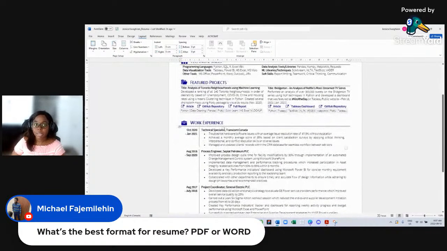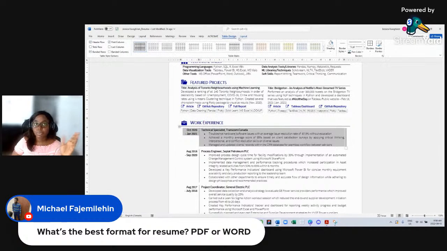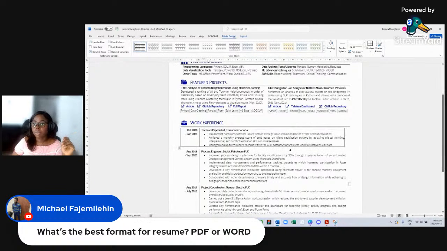Then for my work experience section, these are all tables. And you can see when I click on it, it changes the design here to table layout. So you can see they're all tables, to be honest. And someone had asked me if it's ATS friendly. It is ATS friendly, because if it was not ATS friendly, I don't think I would have gotten 27 interviews